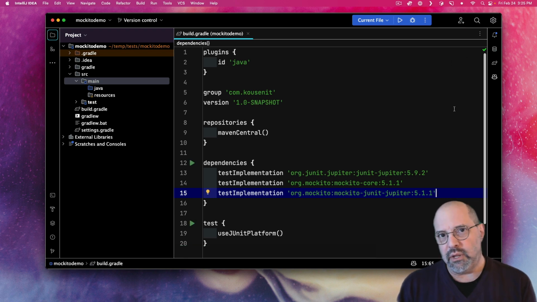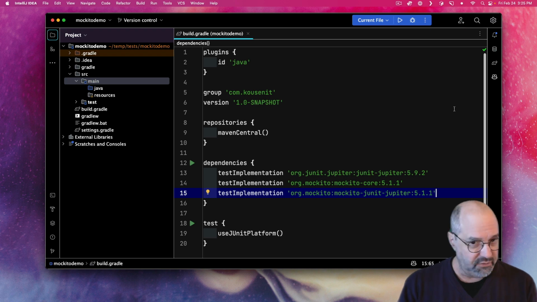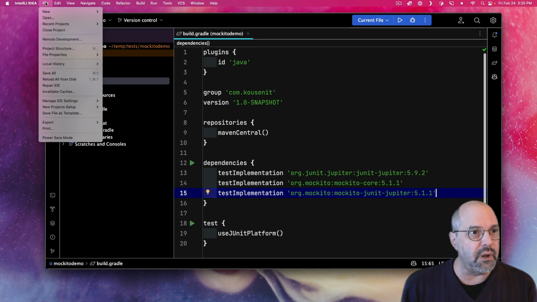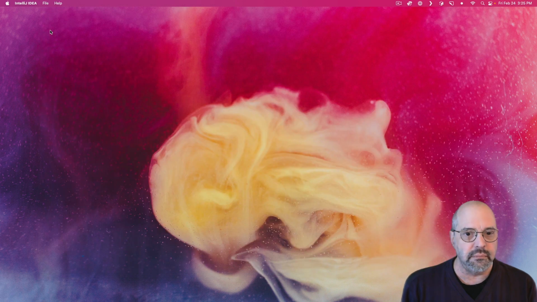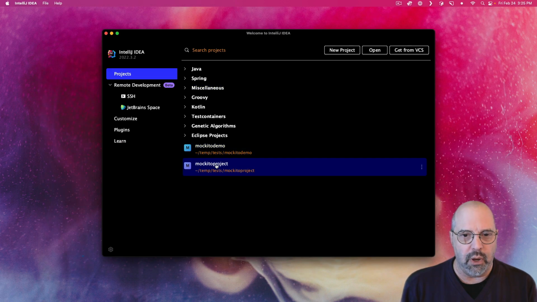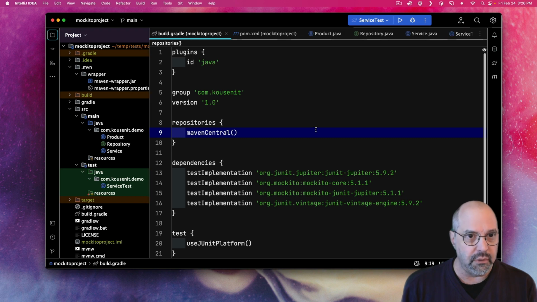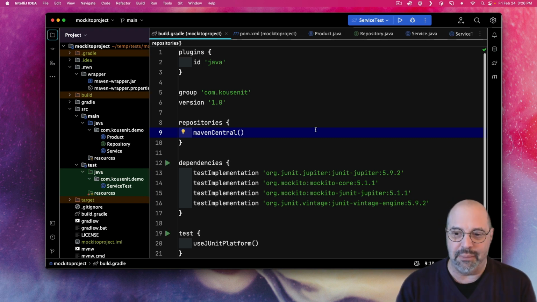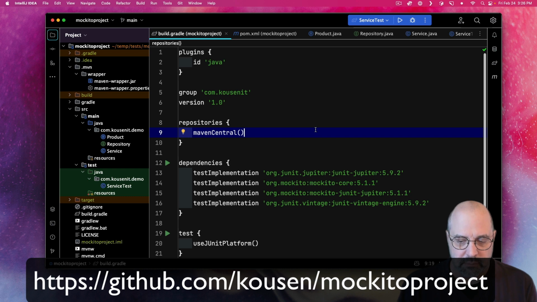Now, rather than recreate all this with Maven, what I'm going to do is switch to an existing project that I prepared ahead of time that basically looks the same. So let me close this project and reopen one that is called Mockito Project. Again, to keep it very simple. And the GitHub repository that contains this project will be in the show notes,